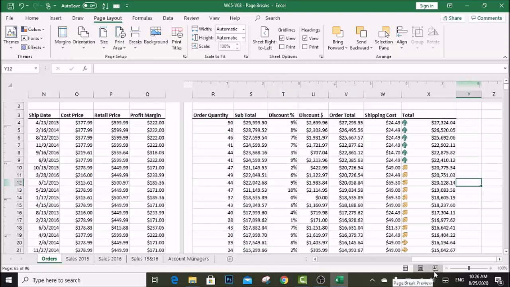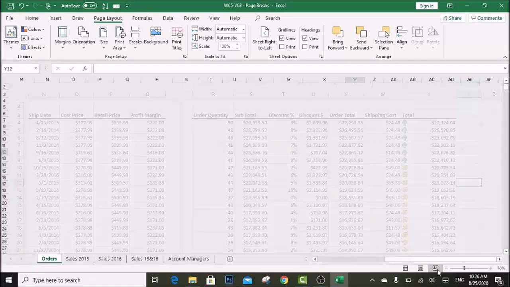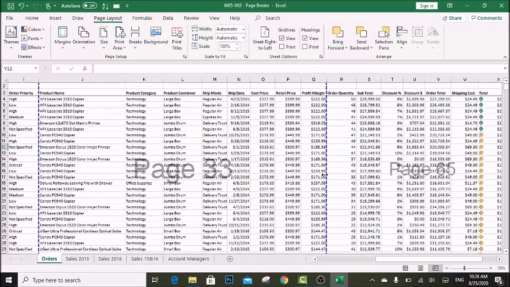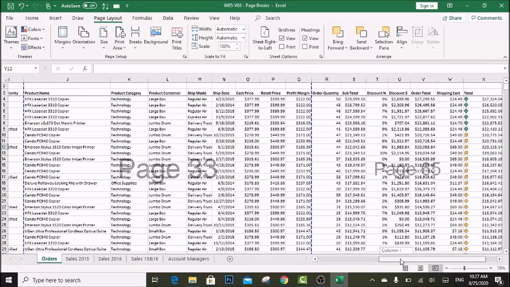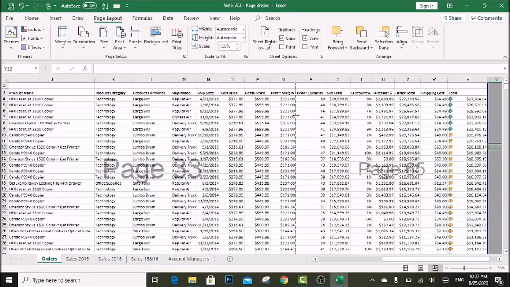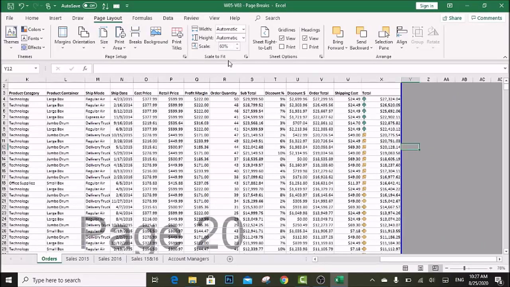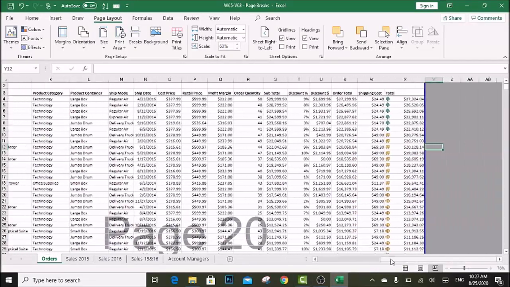Okay, I will again go to the page break view so I can show you the relation between the scale and page break preview. Page breaks have been applied to this worksheet, and here you can see the line. When I move this line to the extreme right to squeeze all the data onto one page, it will change the scale. Notice the scale is 100%, and when I leave this line here, all the data has been shifted onto one page, but the scale is 60%.